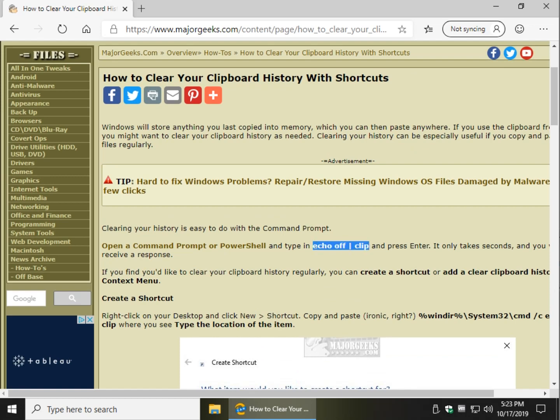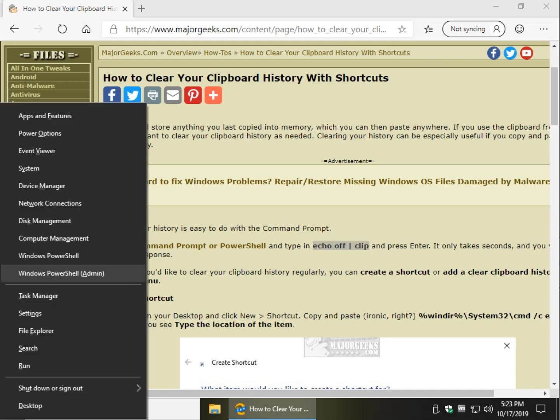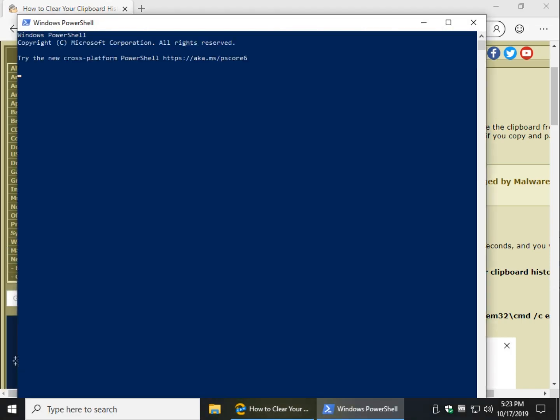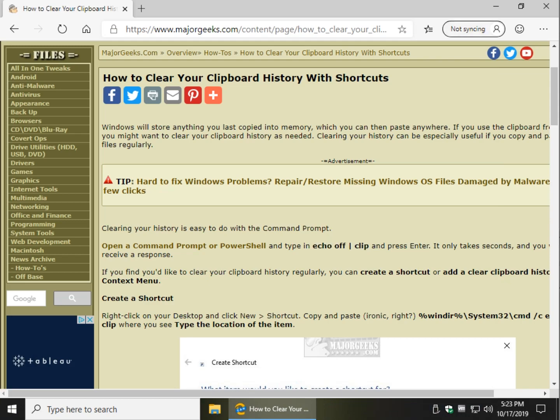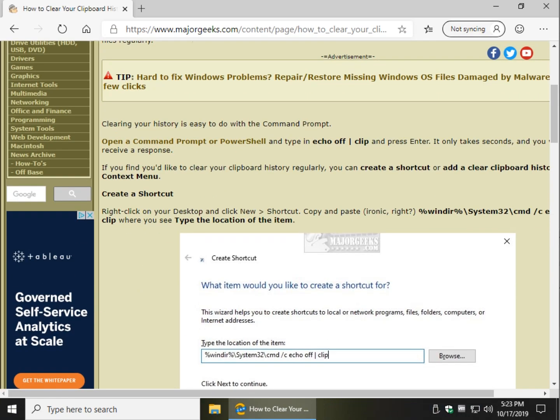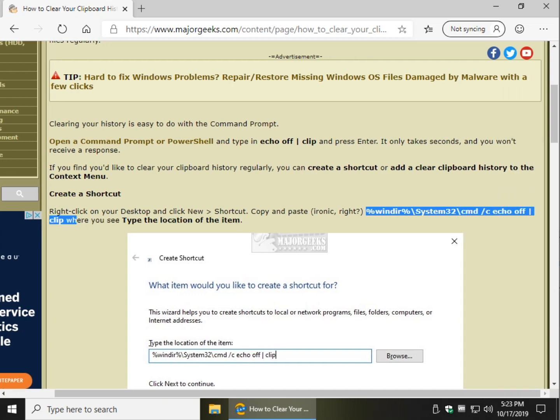You can highlight, hold down the mouse, drag, right click, copy, and then press your Windows key plus X and start PowerShell. And you can do it this way as many times as you want, and that's it. There's no fanfare, done. But what we'd like to do is create a shortcut. That's kind of handy. So highlight this code right here